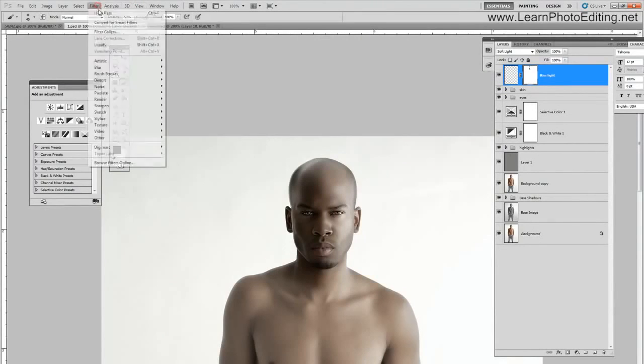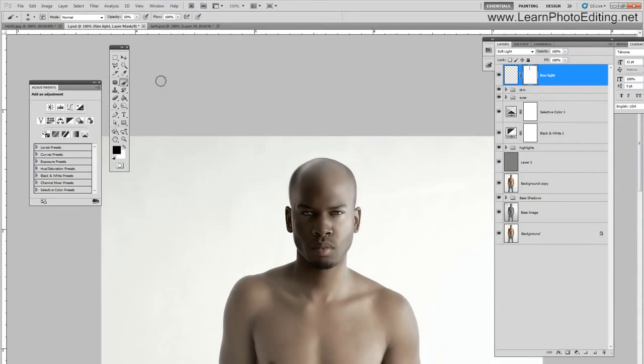And I am going to put blur more. And I am going to reduce the opacity to 60, and I'm sort of going to